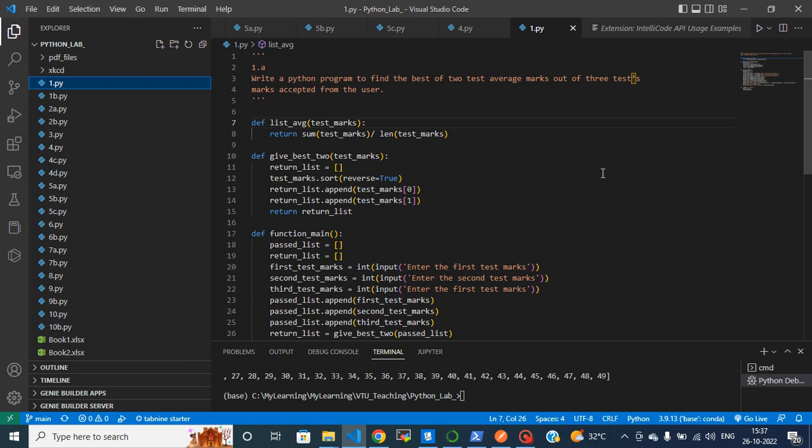Welcome back. So the first assignment is: write a Python program to find the best of two test average marks out of three tests marks accepted from the user. So this is the university prescribed first assignment. So what we do here is